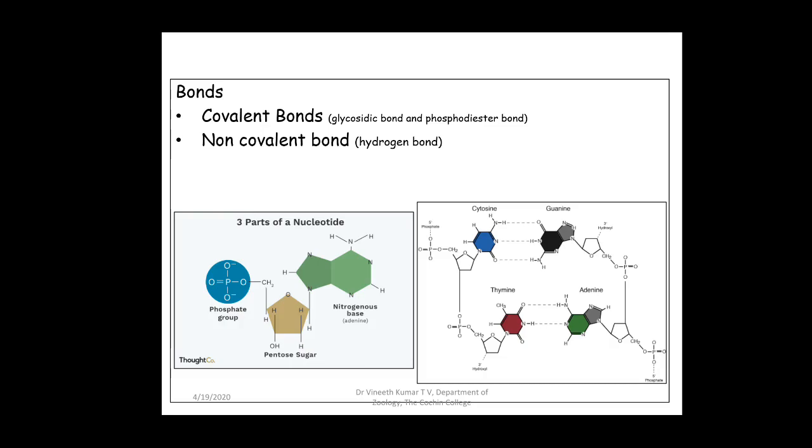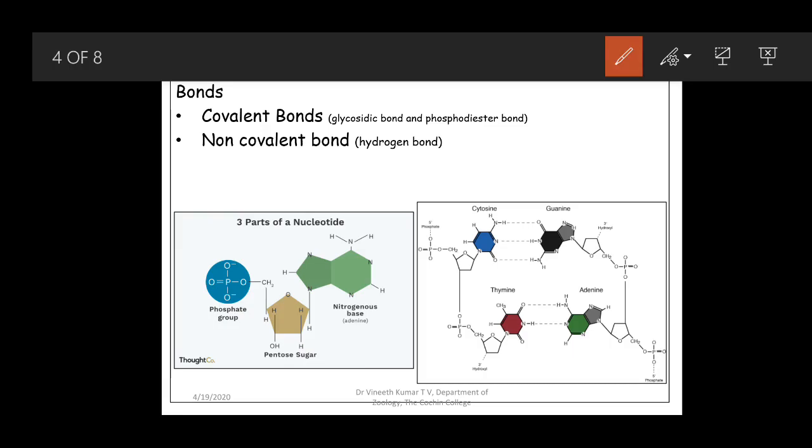So the bond is this particular bond. What happens here is, as we saw earlier, in the 1' position there was a hydroxyl group, and in our purine there was a hydrogen. So a water molecule gets eliminated and a bond is formed. The hydrogen is from the nitrogen of the base, either purine or pyrimidine, and the OH is from the sugar. So a water molecule is thus eliminated and a glycosidic bond is formed here.